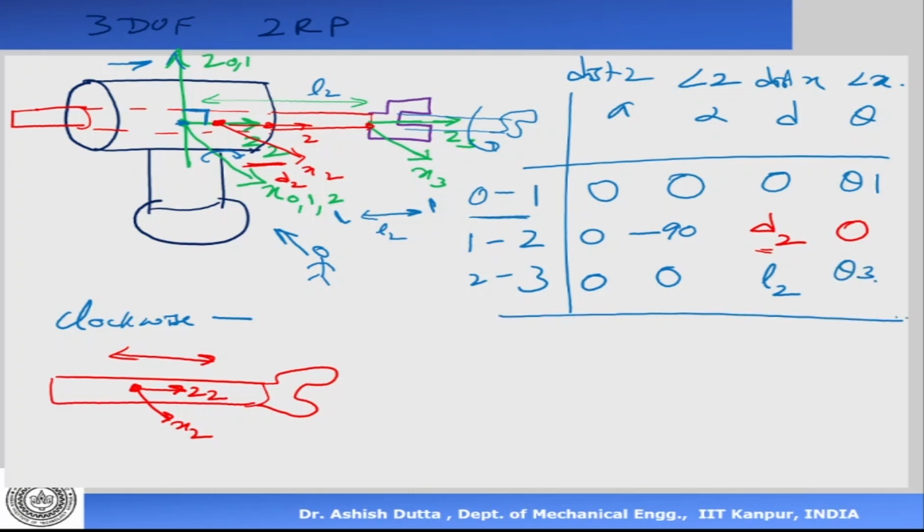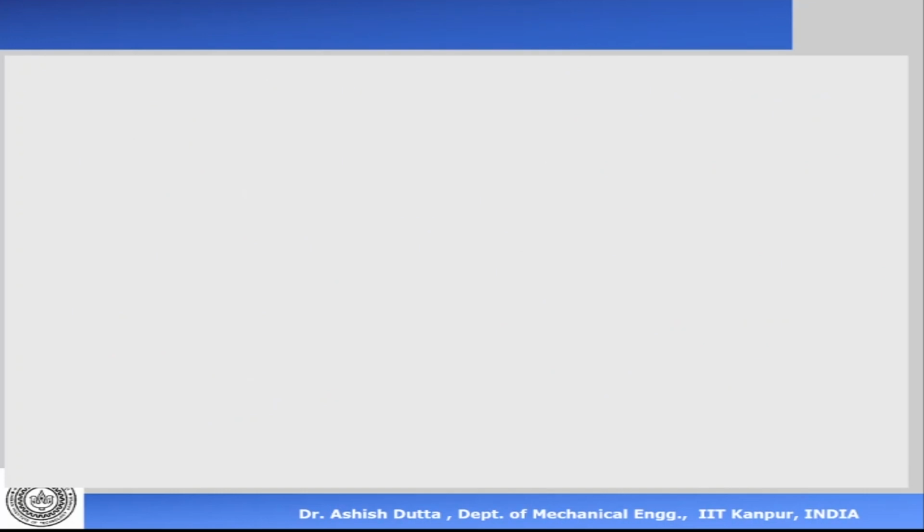So that's my DH parameter table. So using this DH parameter table, we can actually make the transformation matrices. I'll show you how. So what we need to do is to make T0 to 1, T1 to 2, and T2 to 3. Okay. Now let's look at another example of the manipulator to understand how we assign our frames.